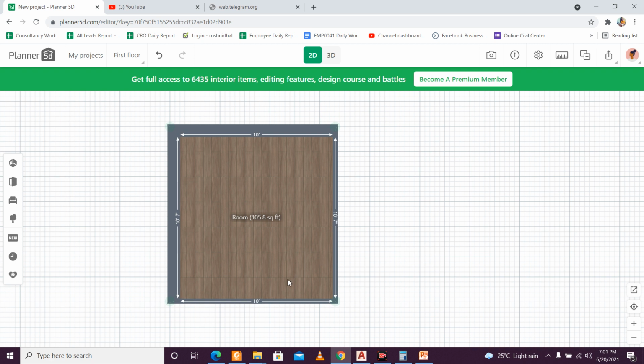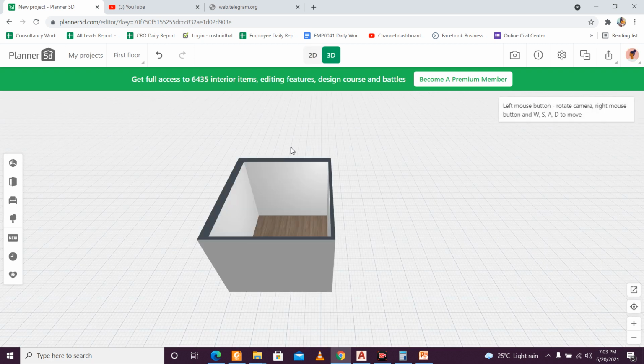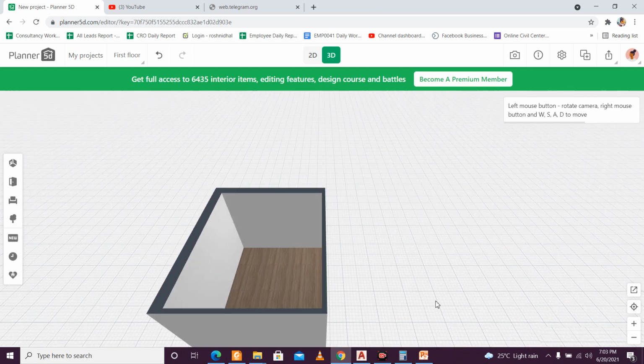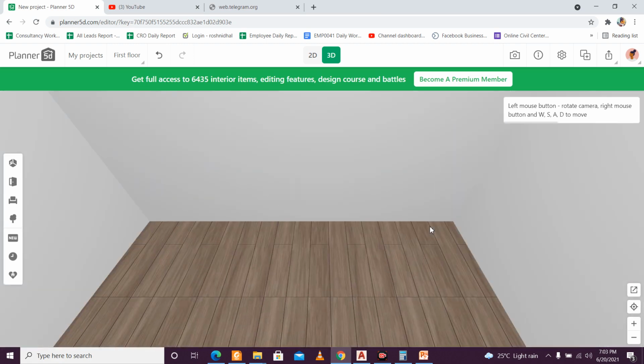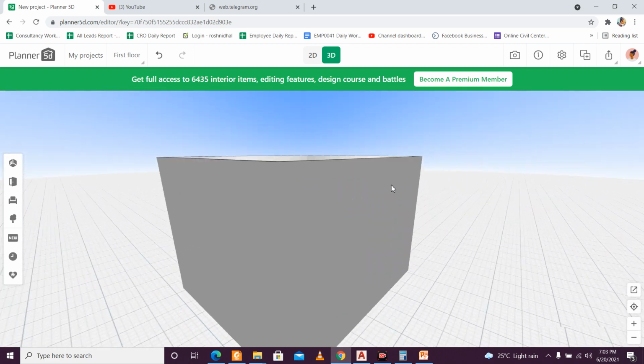So actually this is 10 feet 7 inches. I want 11 feet 7 inches, so I'll go one more foot here. So like this is my kitchen room. Now here you can toggle between the 2D and the 3D view like that, and let's see, the right mouse button you can use for panning, and the zoom in and zoom out is with the mouse cursor, and if you press the mouse middle button you can just rotate the model.